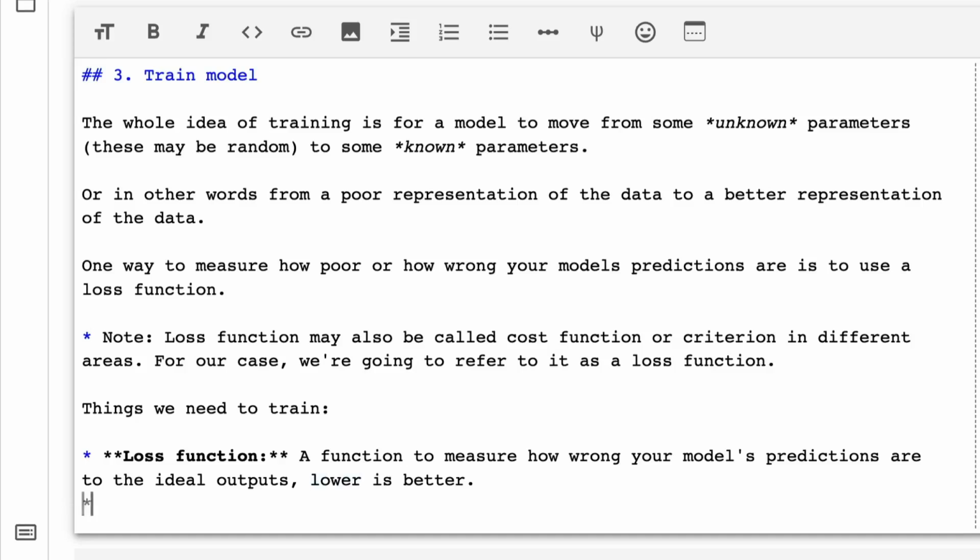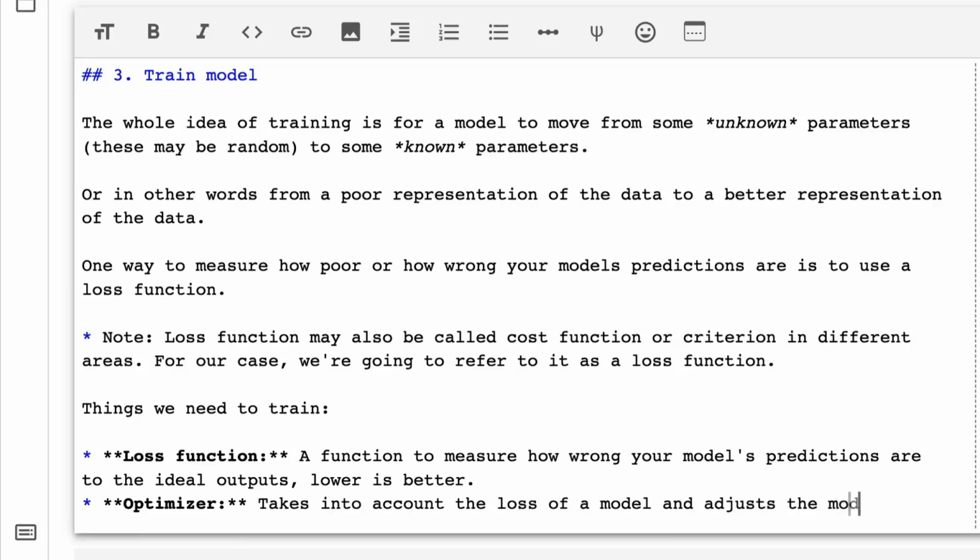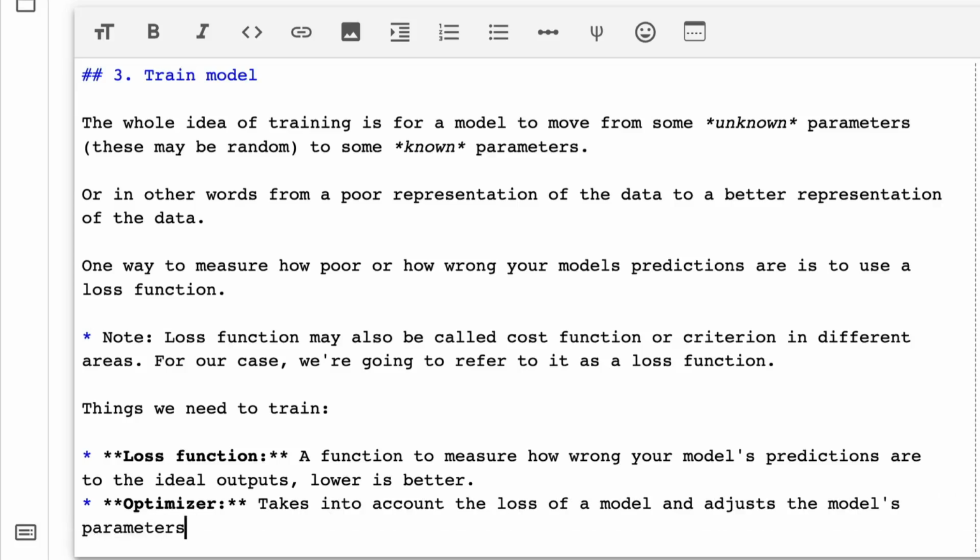We need a loss function. This is PyTorch, and this is machine learning in general, actually, but we're focused on PyTorch. We need an optimizer. What does the optimizer do? It takes into account the loss of a model and adjusts the model's parameters. So the parameters, recall, are our weight and bias values. We can check those by going